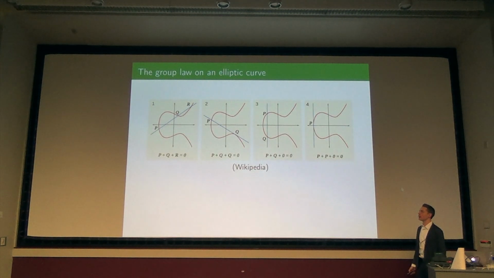Okay, so now officially I just want to show you this slide about P plus Q is equal to R. One way to think about the group law is when P, Q, and R all lie on a line, they sum to 0. So the reason why I need to subtract R from the other side, that's why I have to reflect on the axis. So the reflection in the x-axis corresponds to the negation operation in the group law.